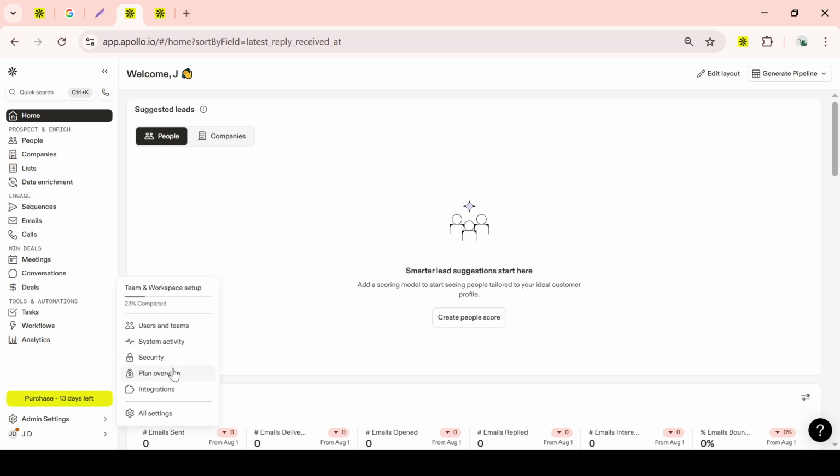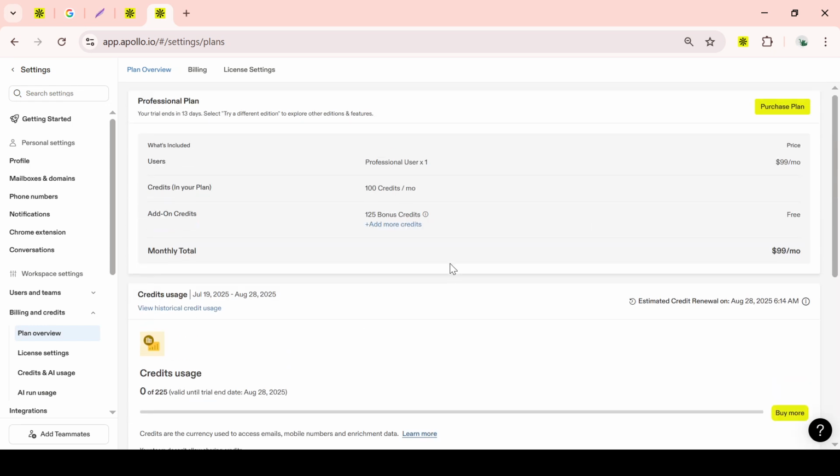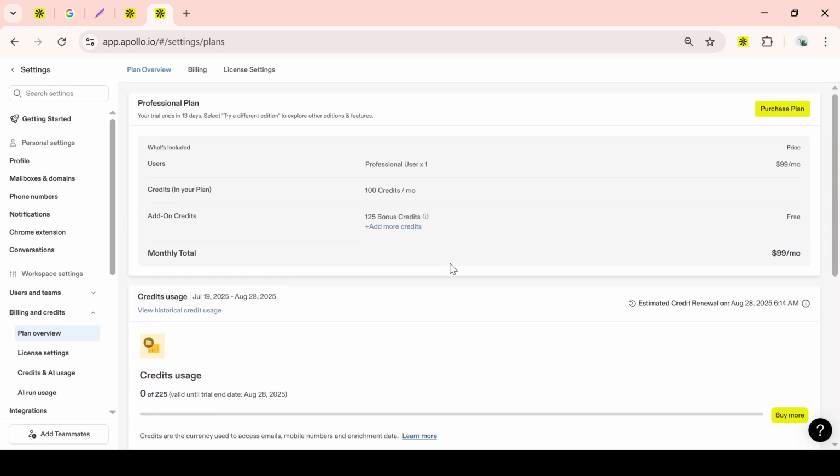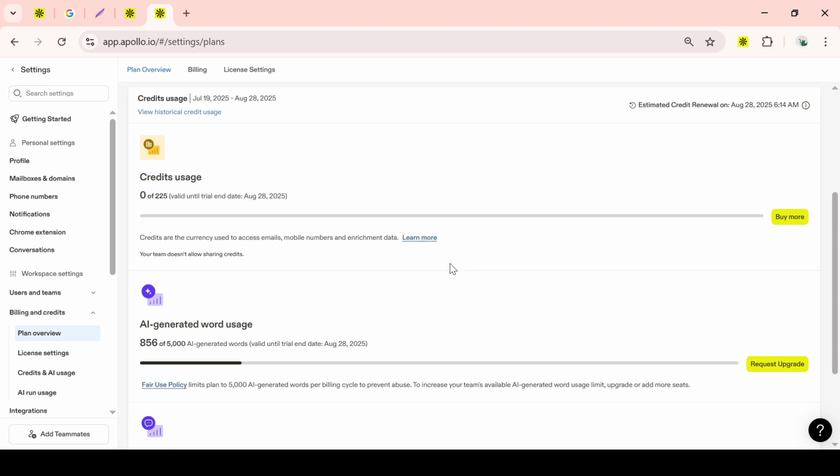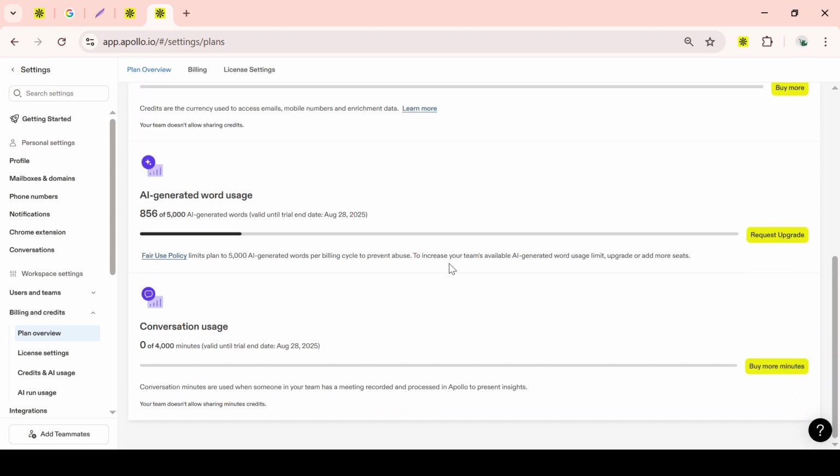In the Plan Overview section, you'll find the option to Cancel Subscription. Click on this option if it's available and follow any additional prompts to confirm the cancellation. It's important to ensure that you really mean to cancel, as this action may interrupt your access to Apollo.io services